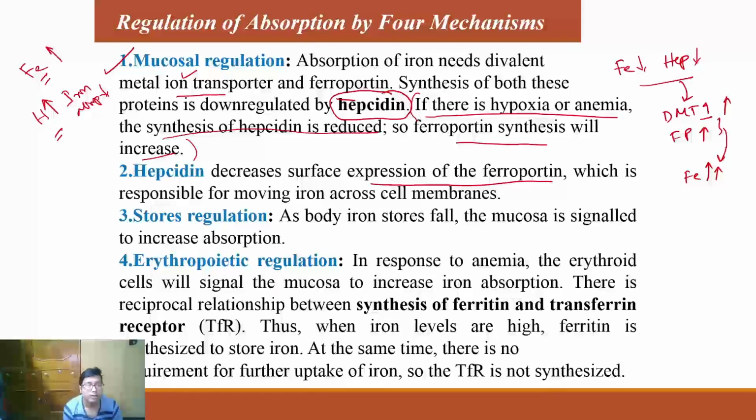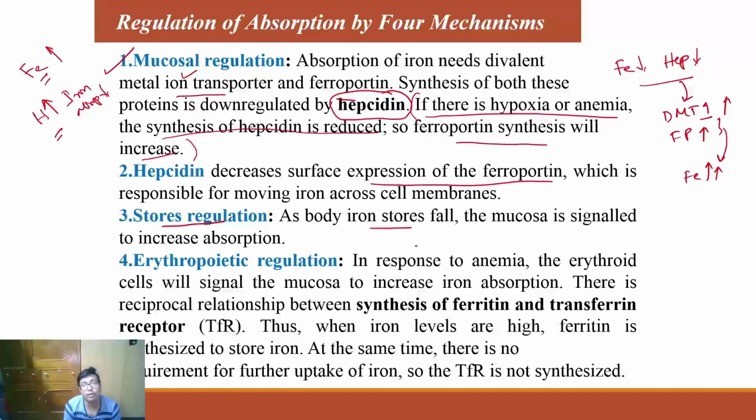So, stores regulation. These are various levels of regulations. When the iron stores fall, iron is stored in the bone marrow. Remember, when there is iron deficiency in the diet, since iron is already stored in the body, just like fat soluble vitamins, the deficiency symptom will not be immediate. There are excess stores of iron which are first used up, and only if the stores are depleted will symptoms of iron deficiency occur.